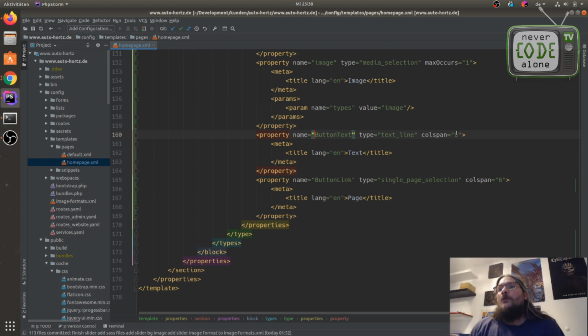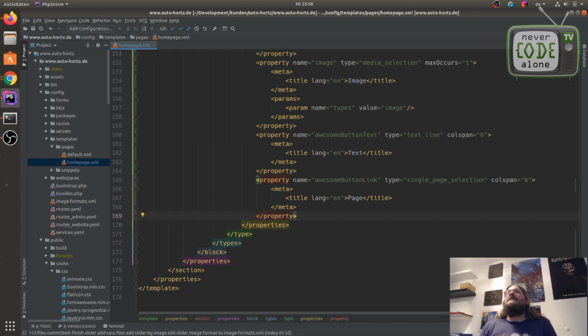And now we have here the same variable name. So when I enter here something, it also will be here on line 165. So check this out. Awesome.